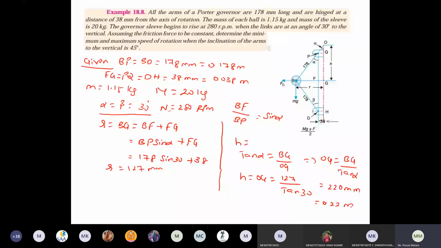You can see here, assuming the friction force to be constant, means they said don't neglect the friction. We have to consider the friction force. So when we consider the friction force, we need to find out the speed of the governor. For this, what is the relation we can use? N square is equal to, can anyone tell me in parallel, whether I need to write m or m into g? When friction force is considered, I already told, write it as mg plus capital Mg, plus or minus F by m into g into 895 by h. I got the height of the governor.